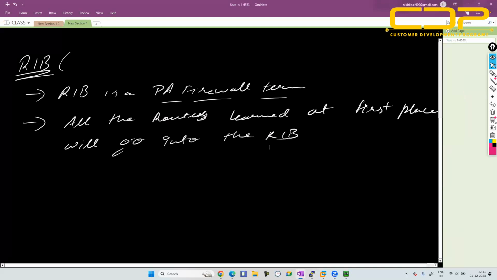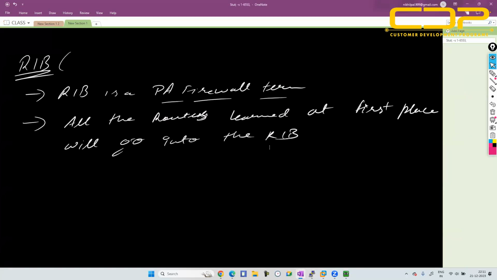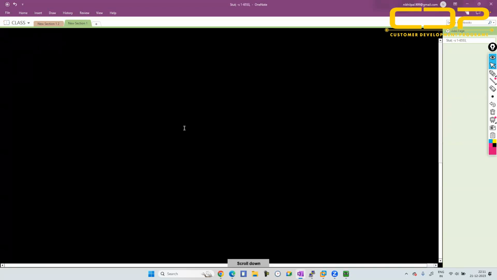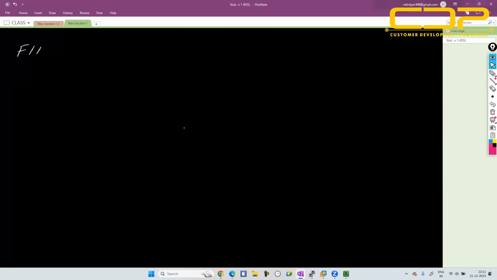So it will tell you some information like its next hop, which type of routing protocols we are using. Same process as Cisco. But here we have all the routings, all the routes information. So it should have one more table in which it will have the best route. So that table we call as FIB, which stands for forwarding